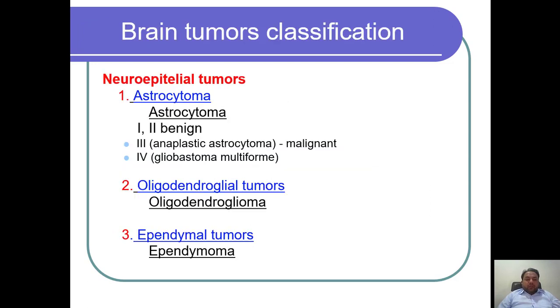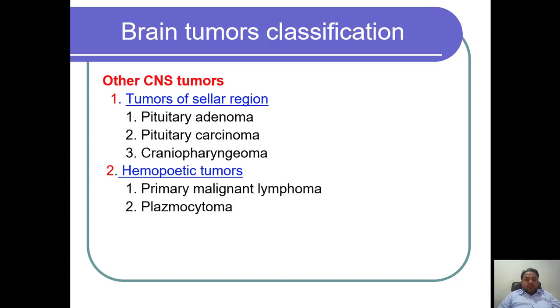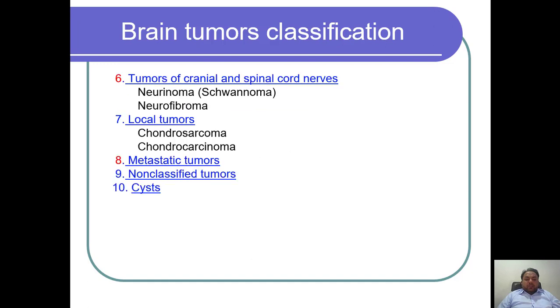The classification of brain tumors, there is a long list of this classification, but we will discuss the common ones of these. Neuroepithelial tumors like astrocytoma, oligodendroglial tumors, and ependymal tumors like ependymoma. Then I will show you choroid plexus papilloma and meduloblastoma. Tumors of the sellar region are also important. That could be pituitary adenoma, which is the most common one. And then metastatic tumors to the brain, and then we will discuss